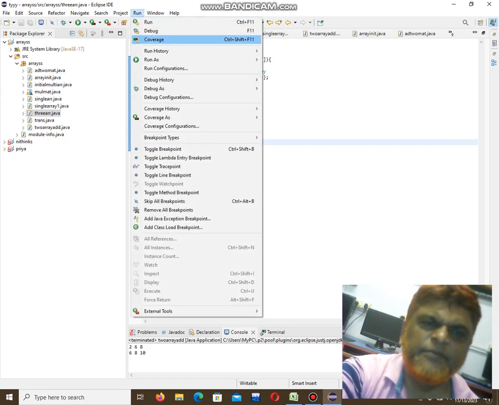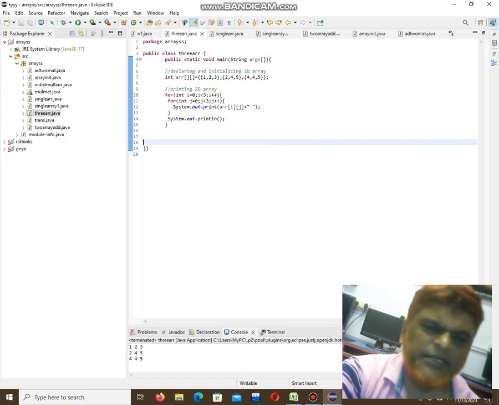Now if I run this program, what is it doing? See, it's printing 3 crosses, that is 3 rows and 3 columns. Next is transpose. Actually, what is the transpose of a matrix?